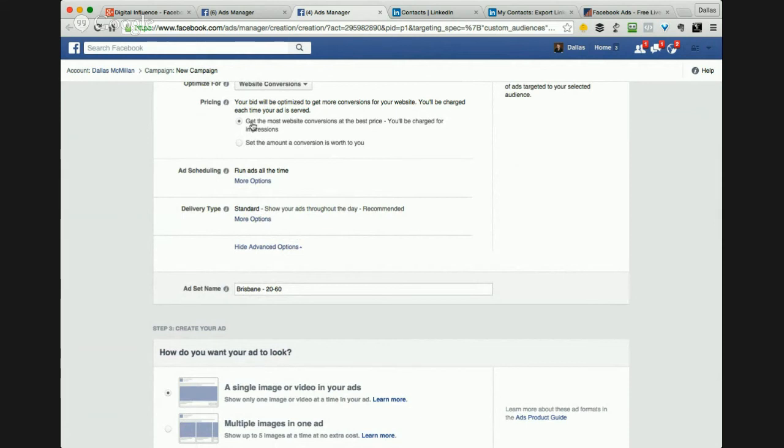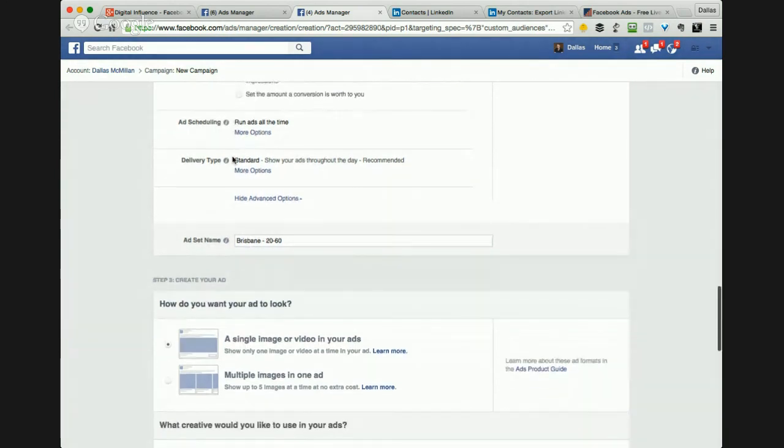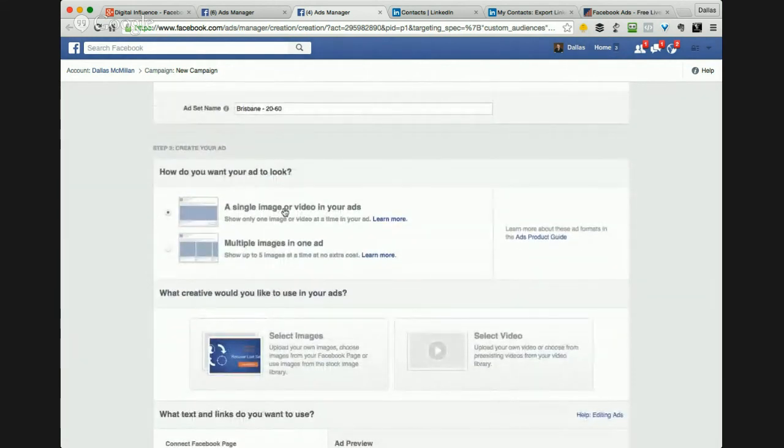Generally, it's best to choose that option. This is sort of a bidding process. You can set the amount of conversions worth if you want, but all the advice I've had is that that's better. You can test to compare. There's lots of other ways you can vary the ads, and we won't spend tons more time on it.